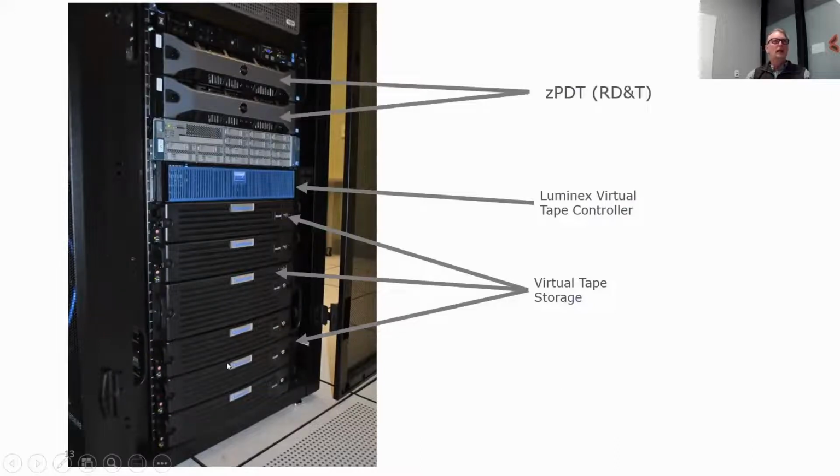These two things on top here, it's kind of interesting to note. Those are Linux ZPD boxes. So a ZPD or an RD&T box is a mainframe that runs under a Linux operating system. These are both running z/OS, and they're very small capacity and self-contained. They're used for some testing, but I just wanted to note that they fit. It's just like a regular server, they fit in the rack.